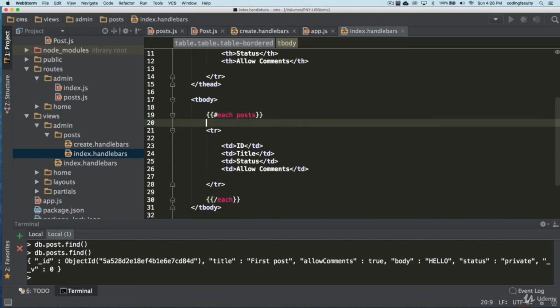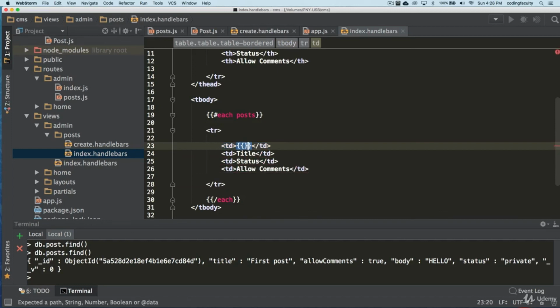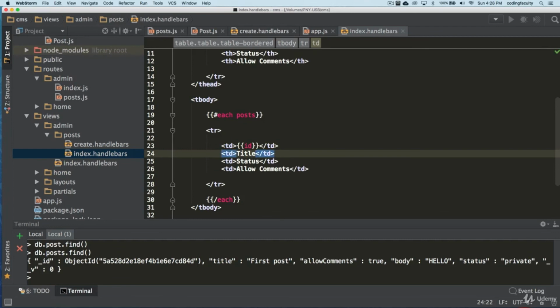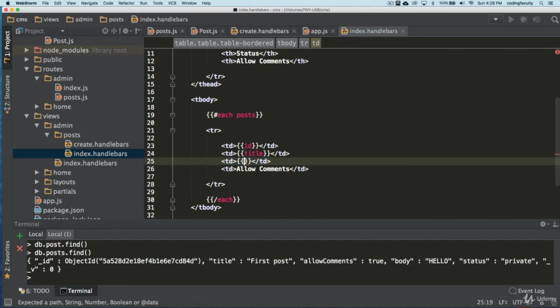Now that we have this, inside here we have an object that we can use to pull out that information. This object is going to have an ID. I don't have to do anything specific about that. It's going to have a title like that. And what is the status?